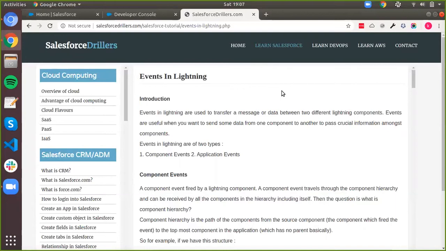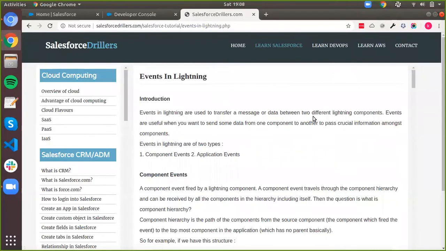So in the last session, we looked at our helper classes, our exception handling in Aura components and stuff like that. But today we're going to start looking into cross component communication, and events in Lightning are the first step to do that. All right. So, again, for any references to any theory or any explanations, you guys can go to our website and check out the events in Lightning topic in here.